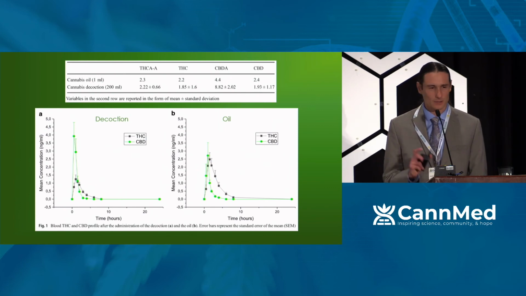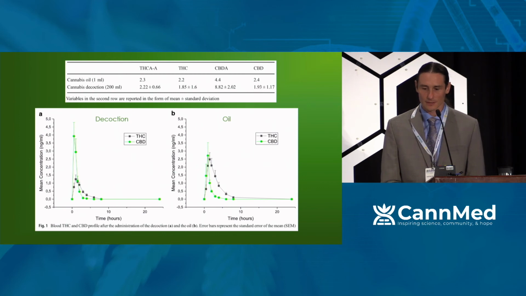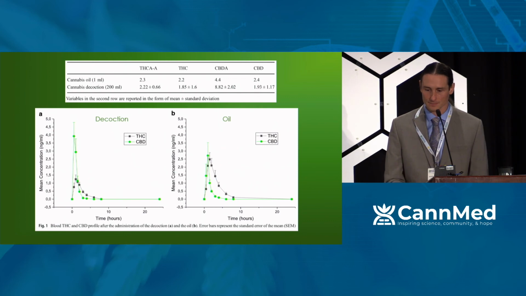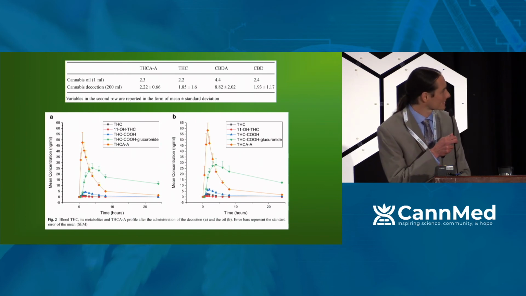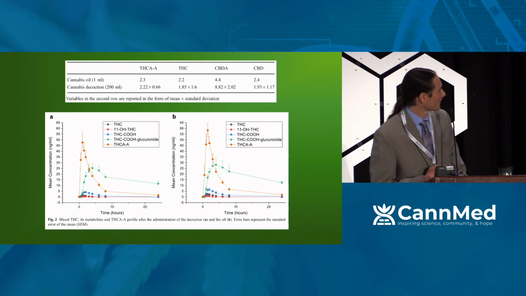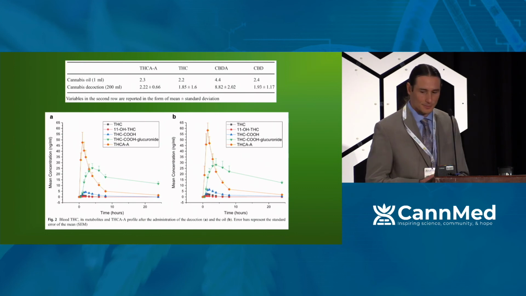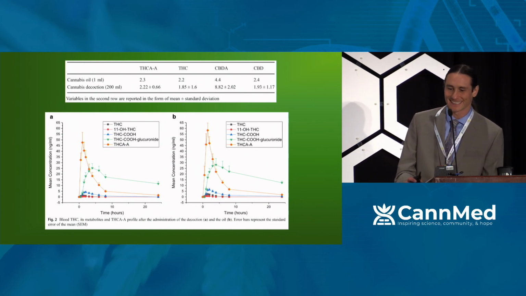And so you can see that there was some variability, especially in the decoction, quite a bit of variability in actually what people were taking. But nevertheless, some interesting results here. So more THC absorbed, more CBD absorbed than THC in the decoction. And then over here, when we start looking at the acidics, so that orange peak, that's THCA. If you're looking for the THC peak as far as what was absorbed, you can see it's just way, way down there. And yeah, I could do a better job explaining if I could actually see it from up here.